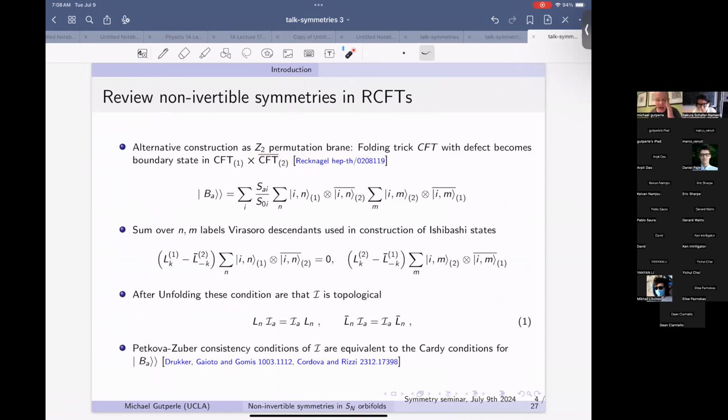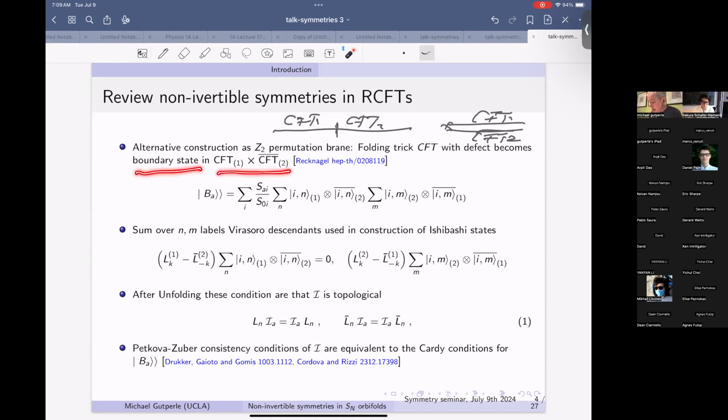I should say that I'm really not very thorough with references, so I apologize already. So the idea here is that when you have a defect, we can look at the left and the right CFT, and we can fold it, where we'll basically do a worldsheet parity, and a construction of a conformal defect, or more especially a topological defect, can then be given by a boundary state in the folded CFT. To get a topological defect, which would be the equivalent construction of what we had on the previous page,